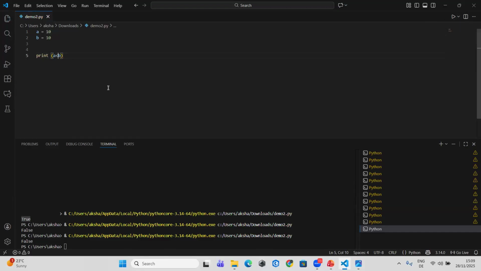But if I say greater than or less than or equal to, then it will come true because it is satisfying the condition. Yes. Okay. But before we go to that part,